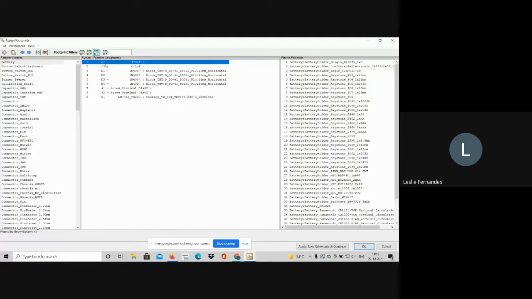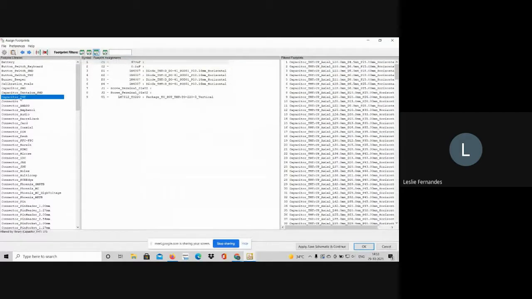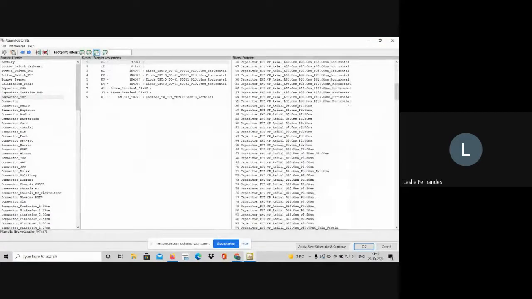Right now you can see C1, the capacitor, does not have a footprint assigned. So I'll click on C1 over here, and I can see something called capacitor THT, through hole. I'll click on that, and I will select a radial capacitor, with a pitch of 5 mm and diameter 10 mm. Diameter 10 mm and pitch 5 mm.